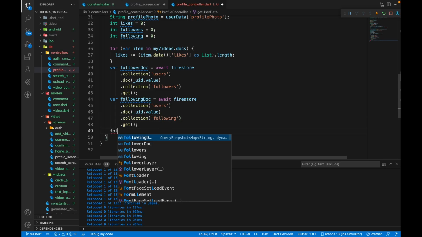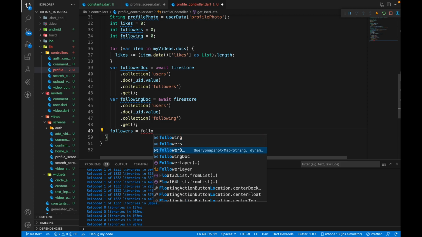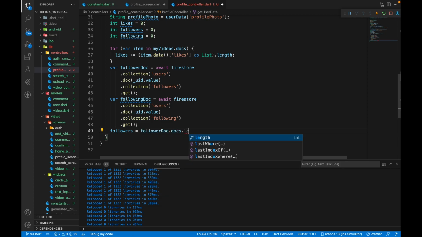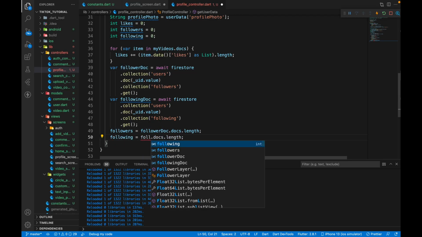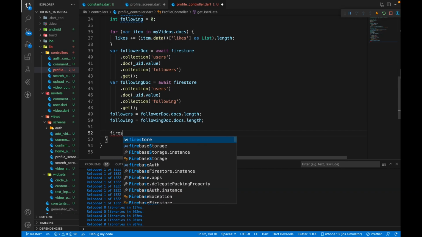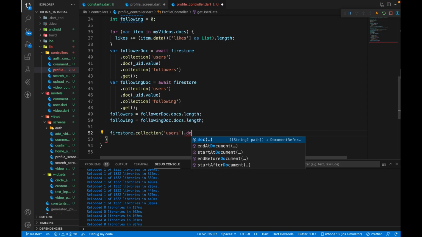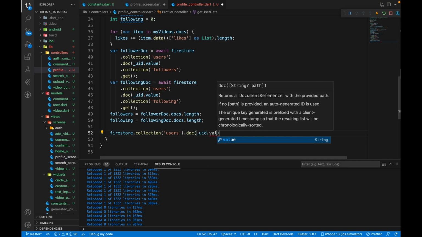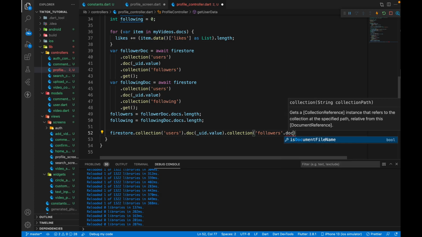Now the followers int that we created will be followers equal to follower doc dot docs dot length. So however many followers there are, that will be the length. And for following, we will have following doc docs.length. After this, we are going to have Firestore dot collection users dot doc uid dot value dot collection followers dot doc